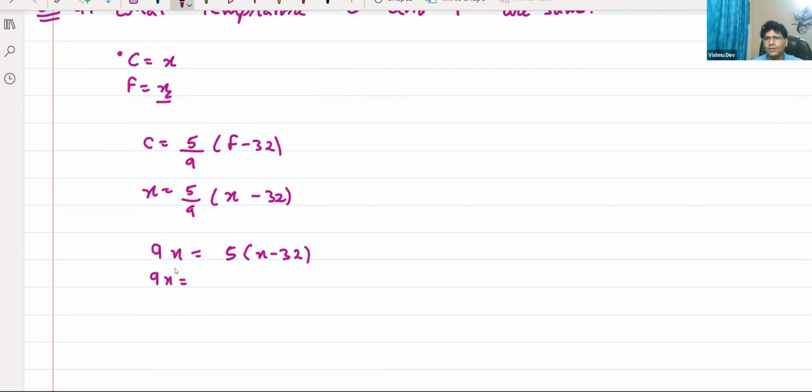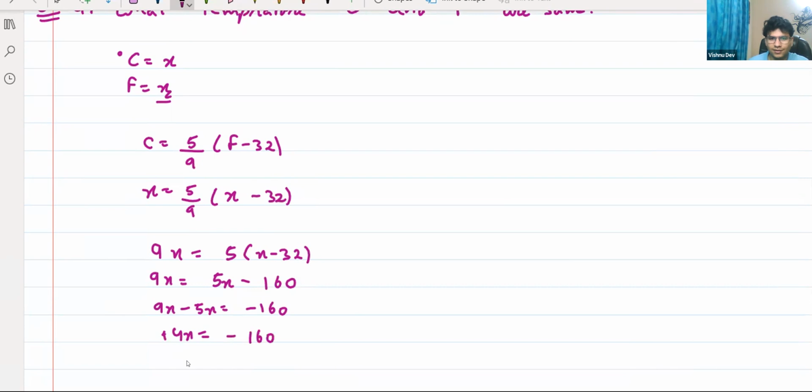I took it as 9X by 5 is equal to X minus 32. No problem, then you moved the 5 to the other side. So it will be 5X minus, what is 5 into 32? 160. Take this to this side: minus 5X is equal to minus 160. So what is 9 minus 5? 9 apples minus 5 apples is 4 apples. So 4X is equal to